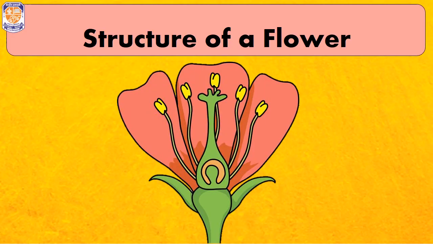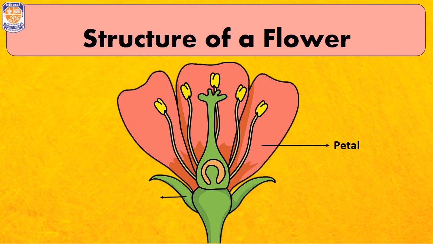So a hibiscus flower is an ideal flower to discuss about the structure of a flower. In case if you have a hibiscus flower, you can go out and you can check all the different parts clearly in them. So let's start with just the different parts of the flower, and later on in the coming slides we will discuss about the function of each of the part. So the largest part of a flower are their petals. So there can be 3 petals to numerous 10 to 50 petals in a single flower.